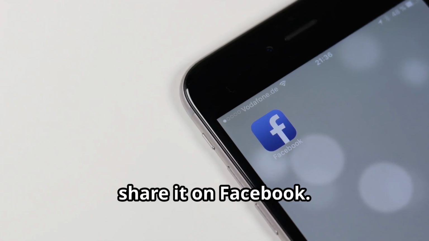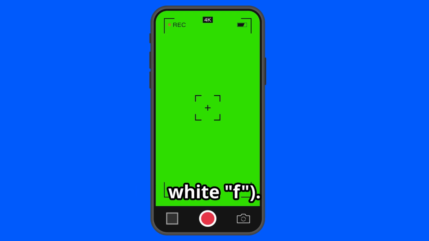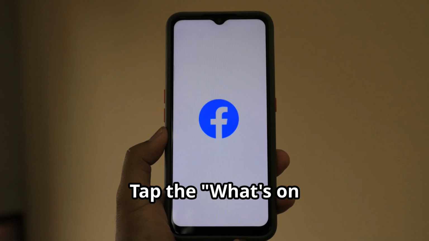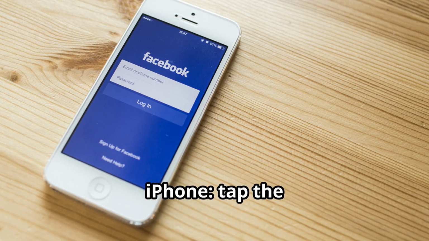Next, share it on Facebook. Open the Facebook app, blue square, white F. If needed, log in with your email and password. Tap the "What's on your mind" box. iPhone: